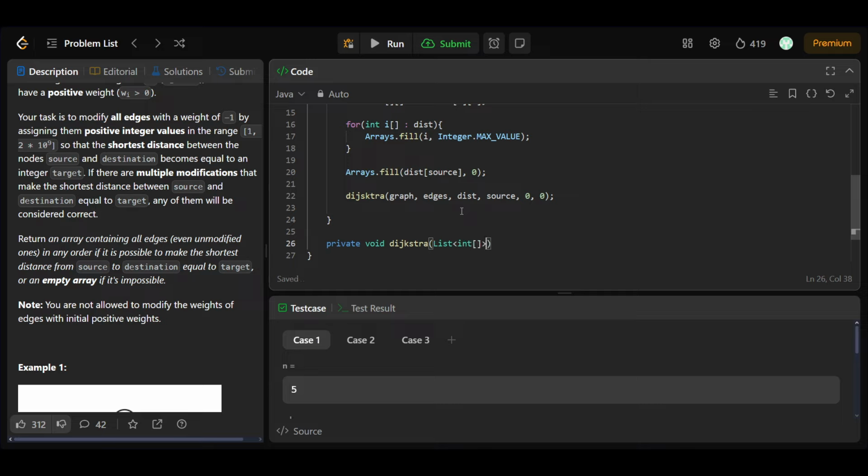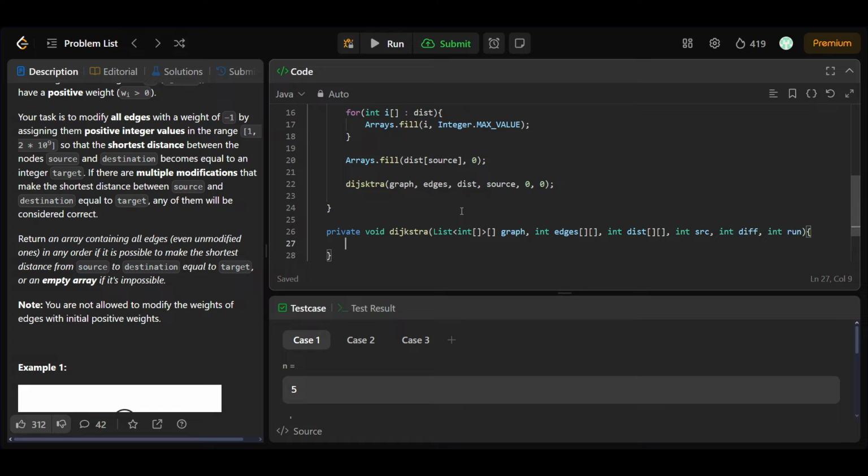So int array graph, a 2D array of edges, int edges, again a 2D array of distances, the source node, my current difference which I have to consider, and the run value. Basically, that is the run with which I have to run, because by now I am considering that I have to take the weight as 0. Okay, so let's have n that is equal to the graph